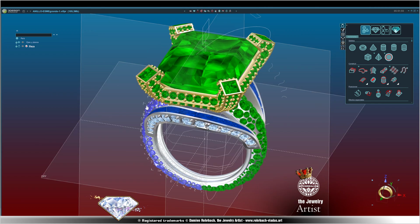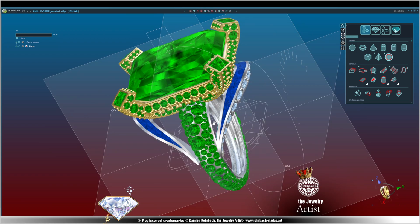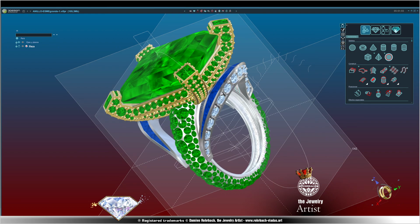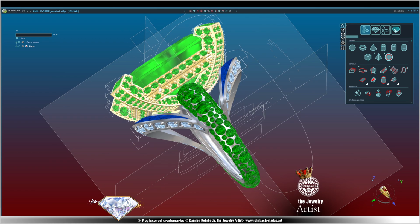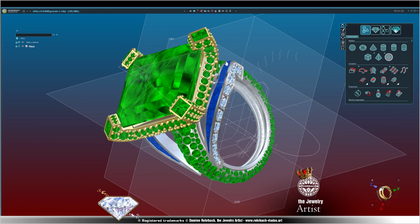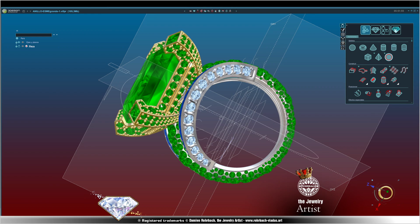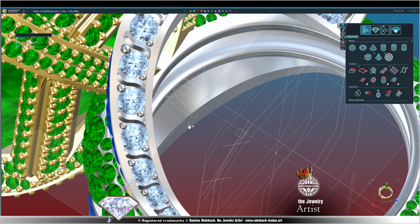It's a very big emerald set in yellow gold with really big square prongs, all set with small emeralds and prongs. The belt has a double layer of prong channels. The sides are in white gold, and they have sapphire baguettes on the top, and they have blue topaz on the sides set with prongs. I added some decorations between the stones, and the body of the ring